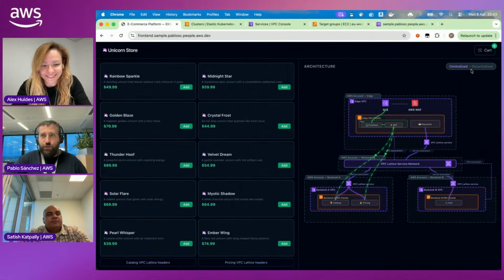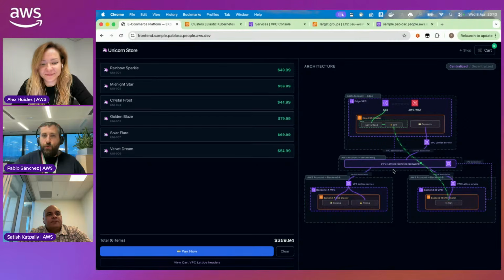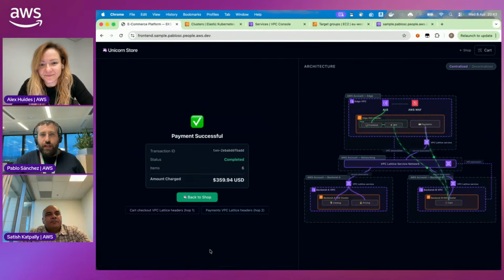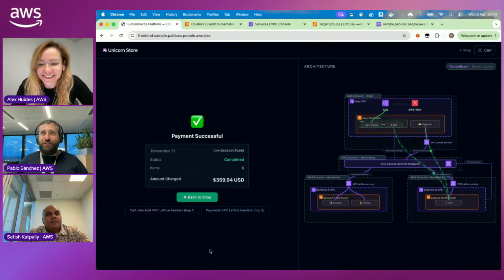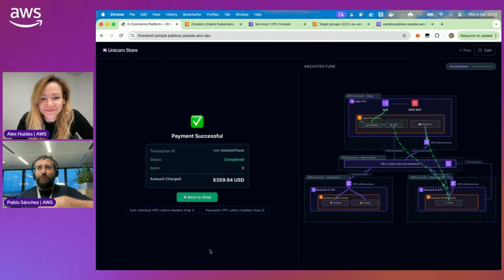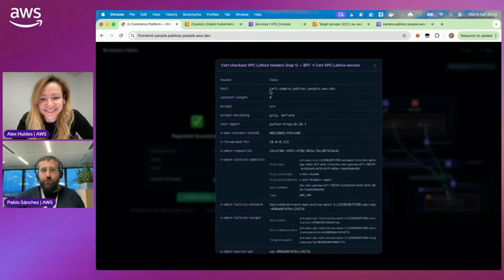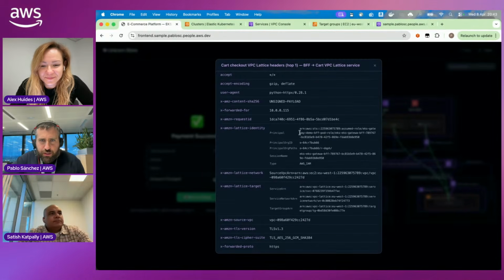So yeah, you can add items to your cart. Then, of course, you have access to the cart service. So now we are just moving from one cluster to the other one to get the information about the cart. And if we do the payment, you can see how you can create this amazing cross-cluster communication, where my frontend is talking to another microservice in that cluster, but I need the cart microservice to do the connectivity. And then, of course, you can see here the different hops. This is the first hop from talking to the cart microservice, and the principal is the BFF pod, so the backend for frontend pod role.